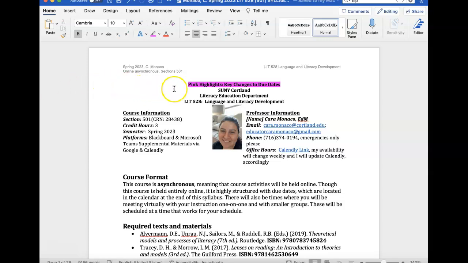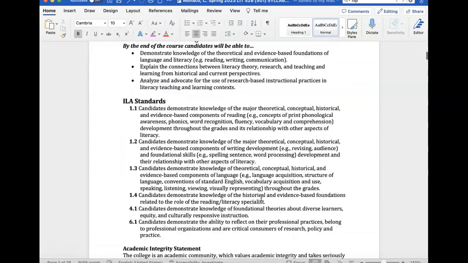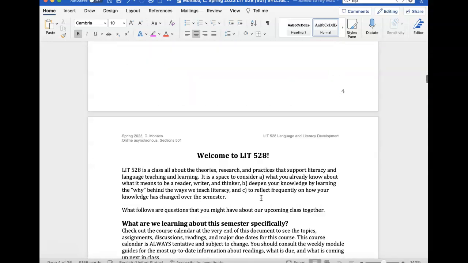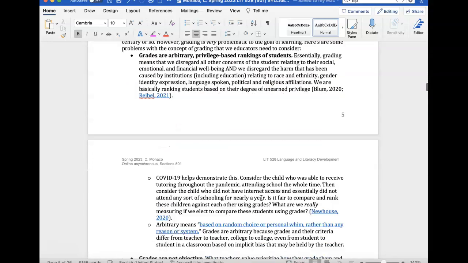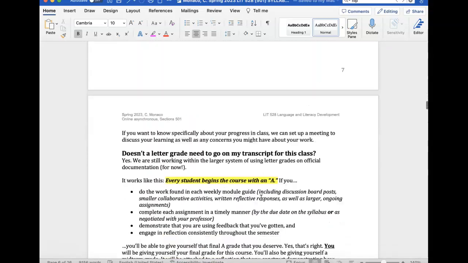So what you'll notice in the new version is that I've highlighted in pink some key changes to due dates. The first changes are noticeable in the discussion about the Blackboard discussion posts.